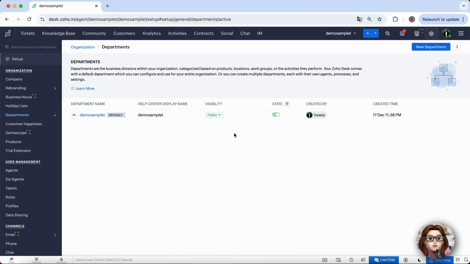After confirming, the department will be successfully disabled and removed from active use. And that's it. You've safely deleted a department in Zoho Desk while keeping your agents and settings intact. This helps keep your help desk clean, organized, and running